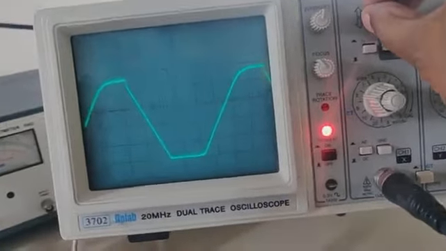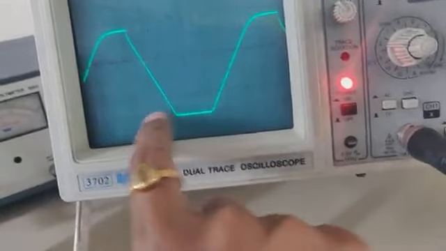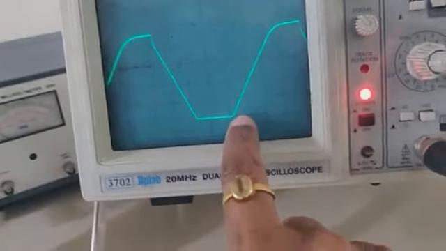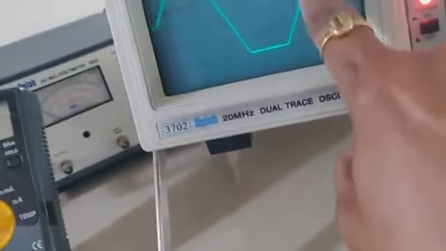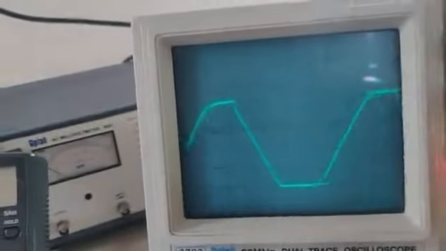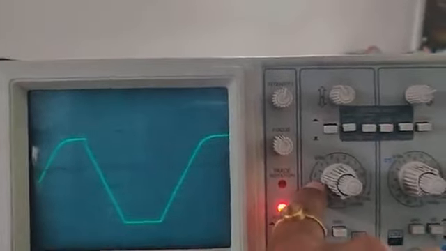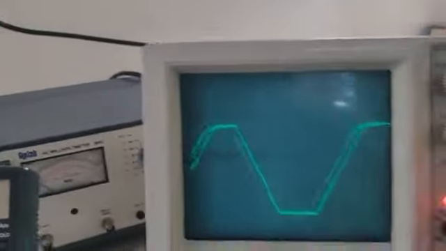Now you can take a slope. You can see that the lower end somewhere here I have adjusted, and the upper end I can consider somewhere here. So between these two, the change in the voltage is 1 division, 2 divisions, 3 divisions, multiplied with the 2 volt per division. That means the change in the voltage delta V is going to be 3 multiplied by 2, that is going to be 6 volt. And how much time is taken? From here to here in the horizontal position.